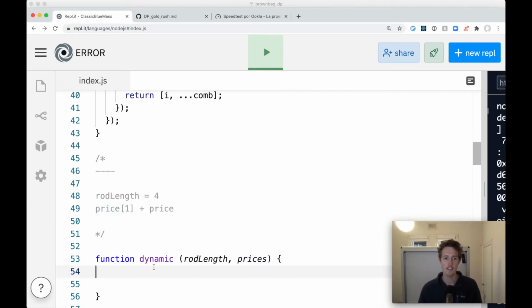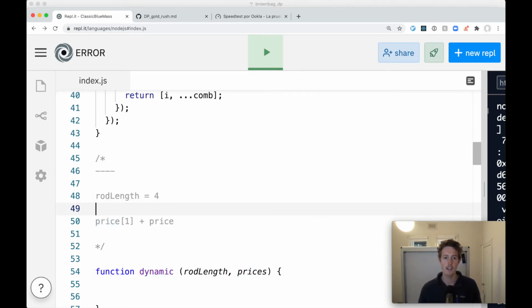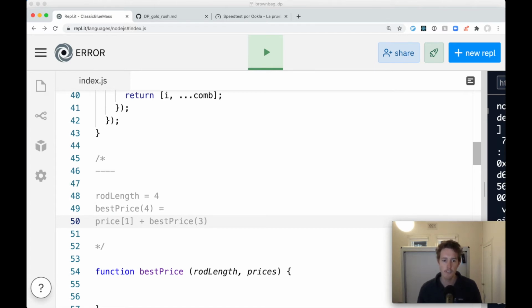So we take, like, a dynamic solution for 4, and let's call this the optimal best price. So we'll say the best price of rod length 4 is going to be the price we get for 1 and the best price we get for 3, right? Or 4 minus 1,